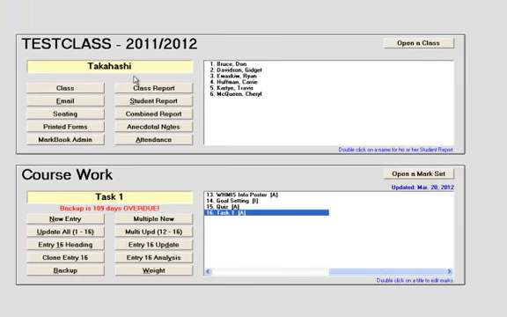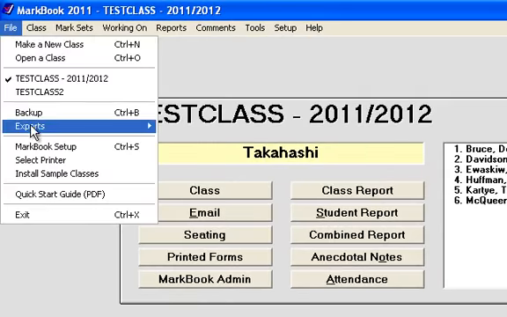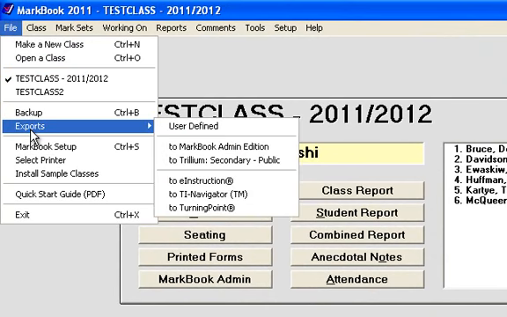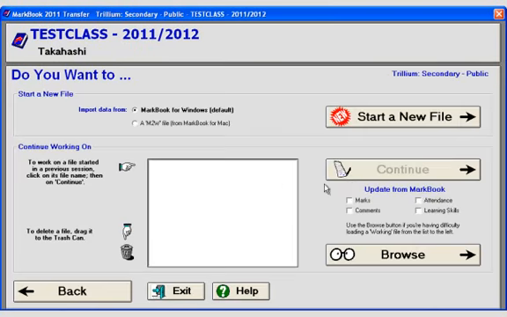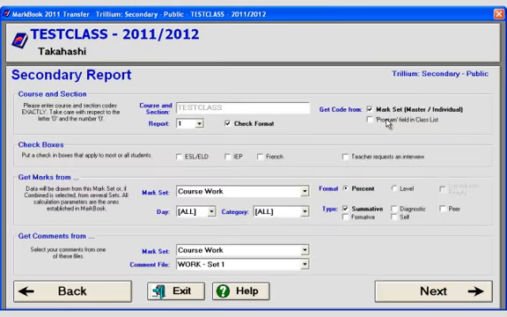One other place that you definitely want to check is in the actual process of transferring over or exporting your marks. For our sake, at Thames Valley, we use Trillium. As a secondary teacher, I'll go to Trillium, Secondary Public, and I click on this, and I'm going to start a new file. When I do that, you can see here that I have the option of selecting again the types of assessments that I'm going to use in the calculation of that final mark,